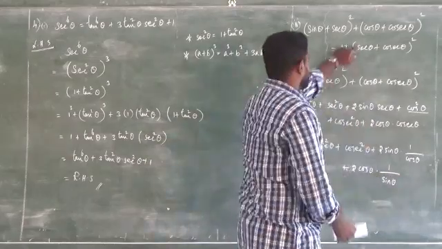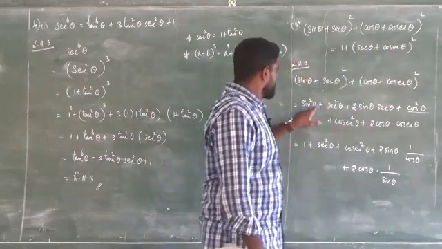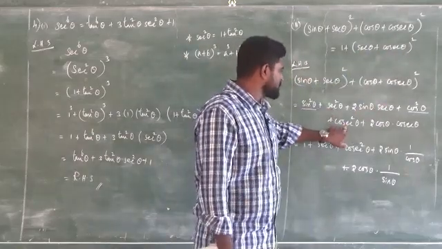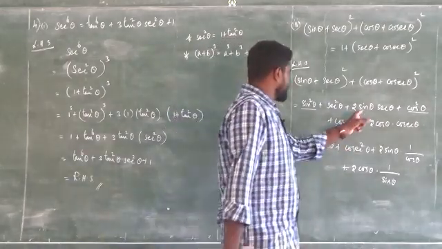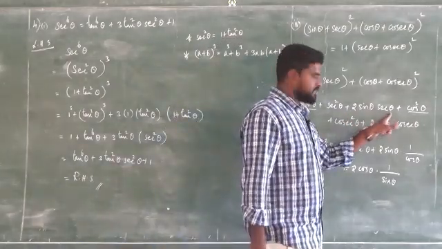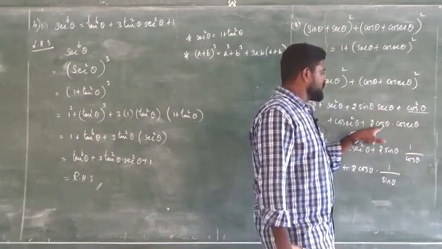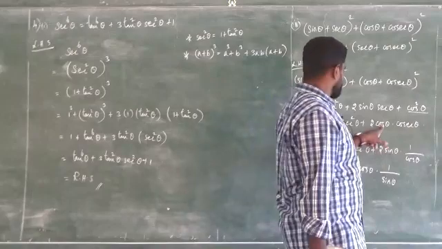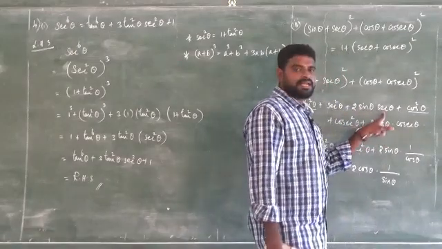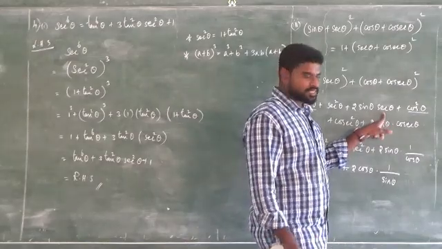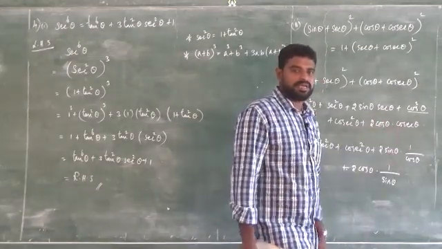Because in the RHS, we need to prove it is secant theta plus cosecant theta. It is in the form of secant square and cosecant square. We need 2 secant and cosecant theta. But here we have 2 sin theta secant theta and 2 cos theta cosecant theta. I am going to write these two in terms of sin and cos. So it is 2 sin theta. Secant theta can be written as 1 by cos theta. Cos theta, cosecant theta can be written as 1 by sin theta.